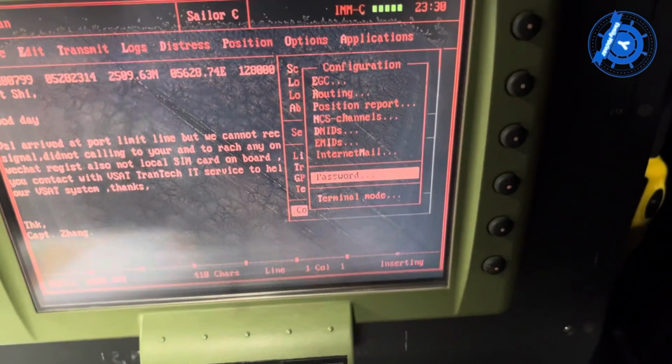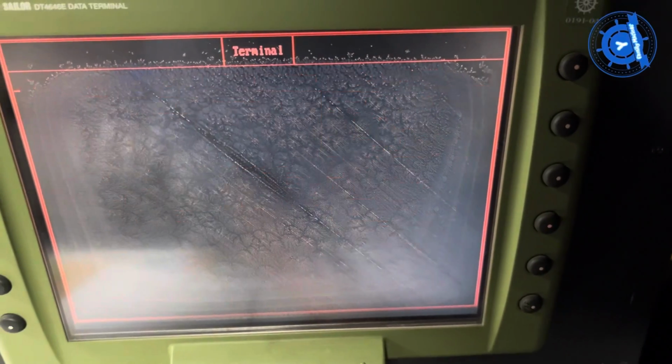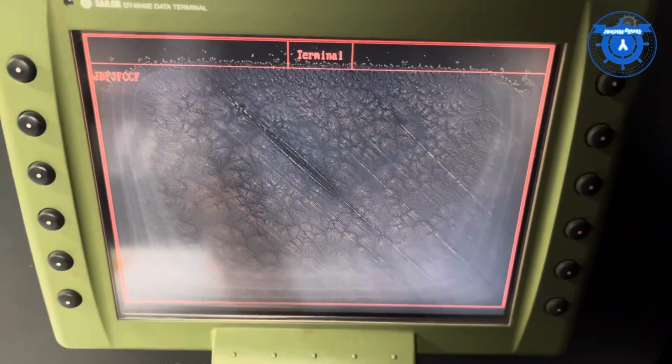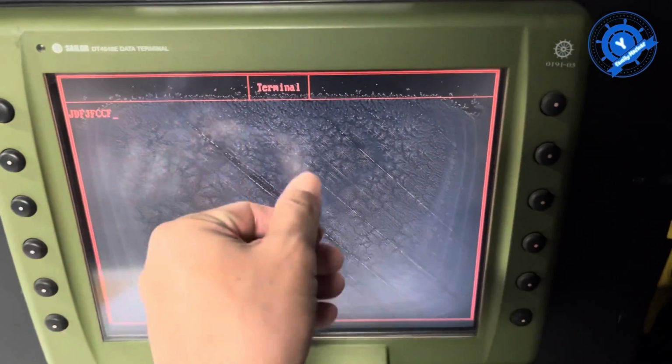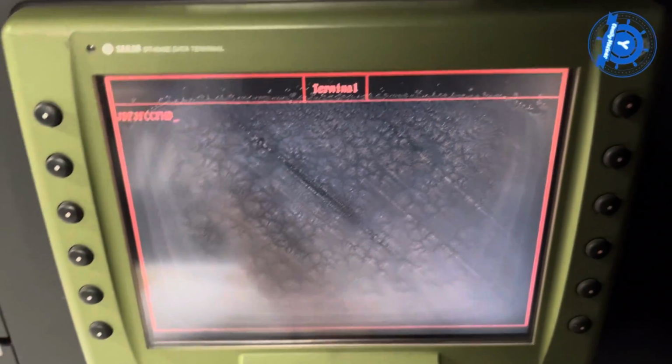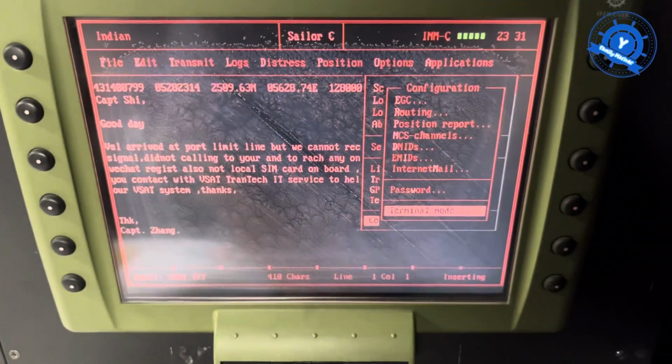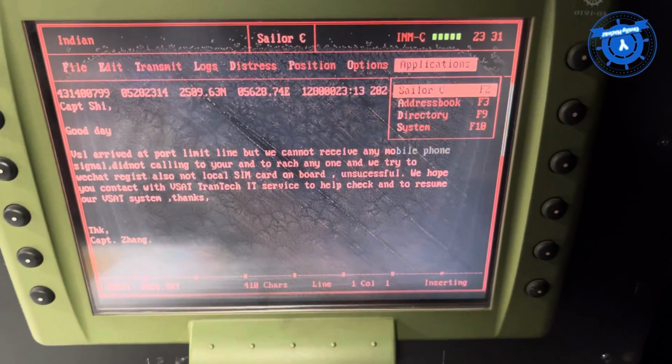And the next one is terminal mode. Terminal mode means anyone can try any message and also send it. So escape. The next one is application.